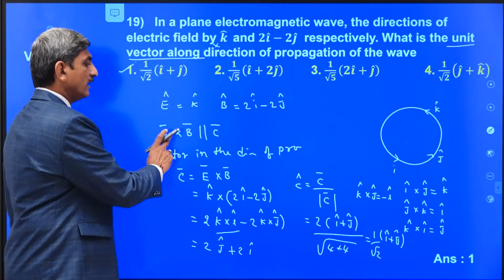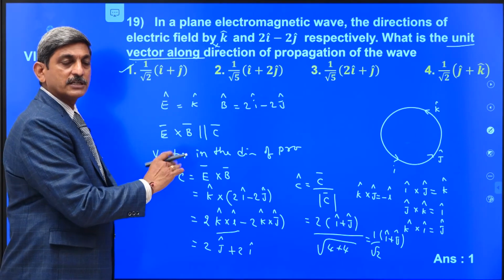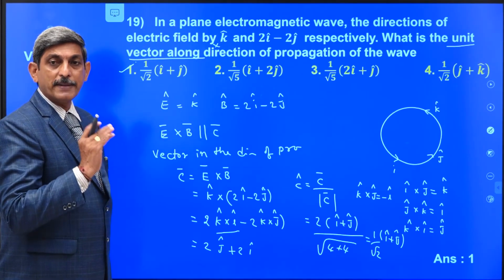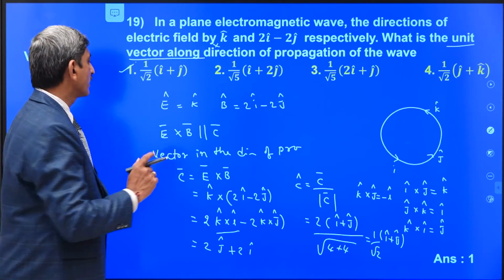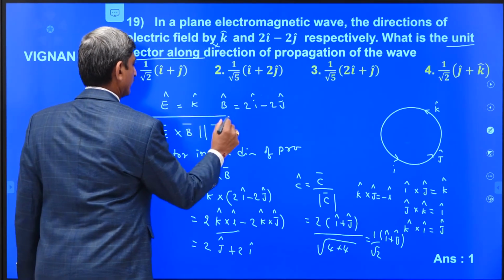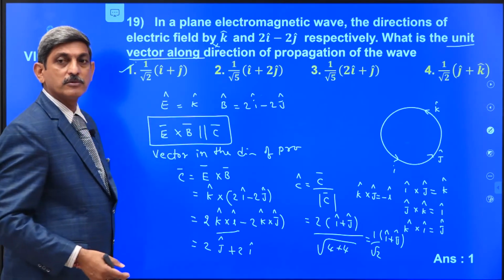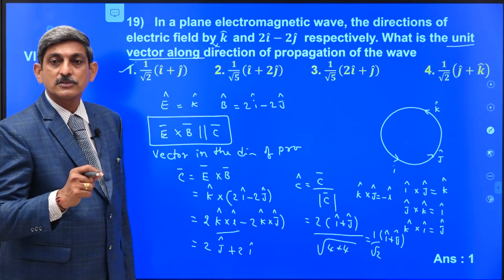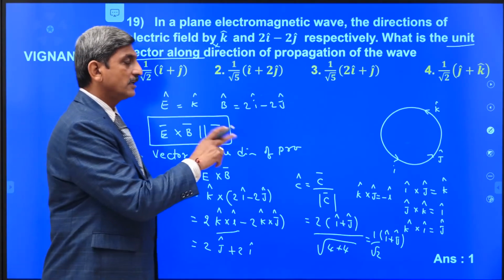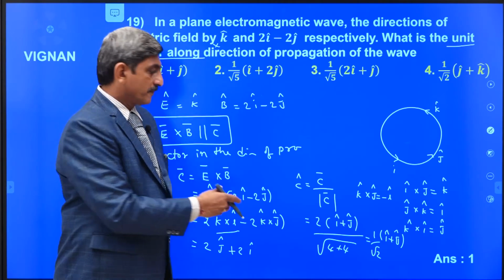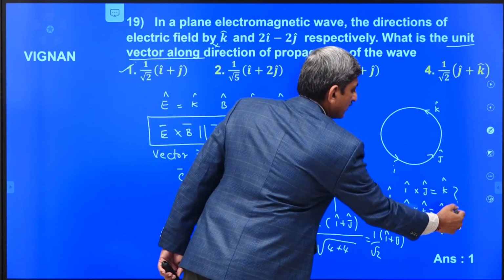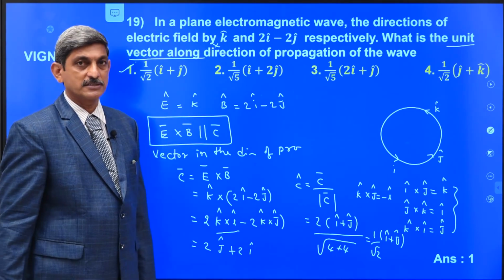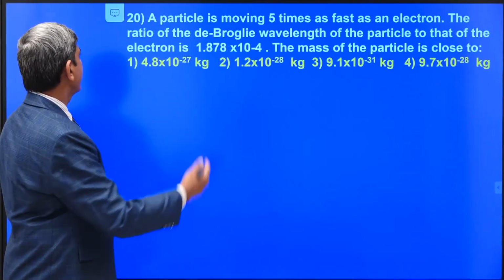Okay. Here, this concept is somewhat important. The direction of the propagation, electric field vector and magnetic field vector are mutually perpendicular to one another by following this rule. And while solving this problem, the cross product of the two unit vectors is also important. Why? Because if you take the results with opposite sign, then you will get the wrong answers in the calculation of the vectors.